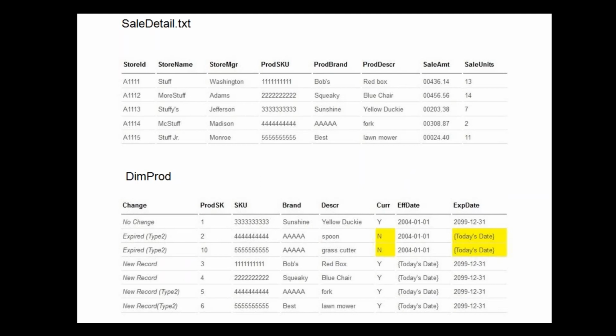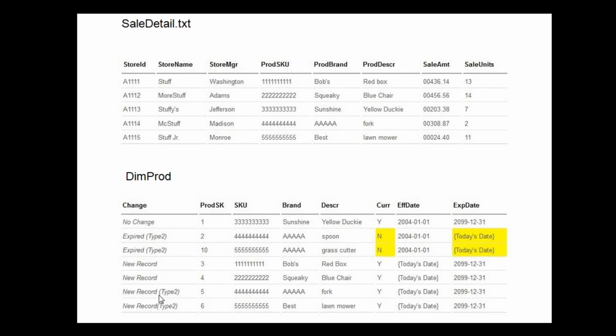So in the product dimension, what we should expect at the end after implementing our logic through the DataStage job is, since it's a type 2, all the records which already exist for the same product need to be updated with the data that is coming from the input. So the history records will be expired, or the expiration date will be set to the current date, and the indicator for them will be set to N.